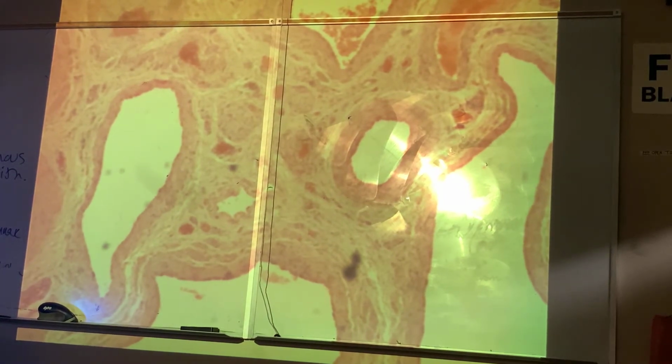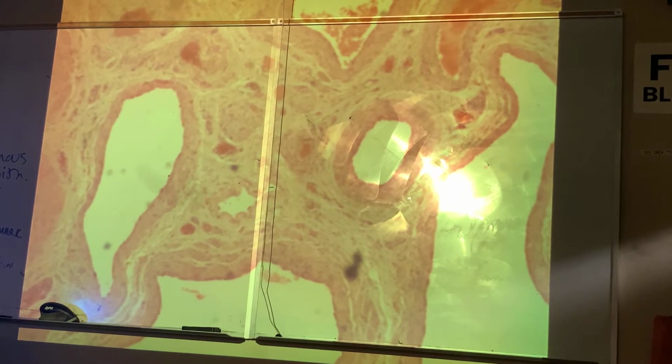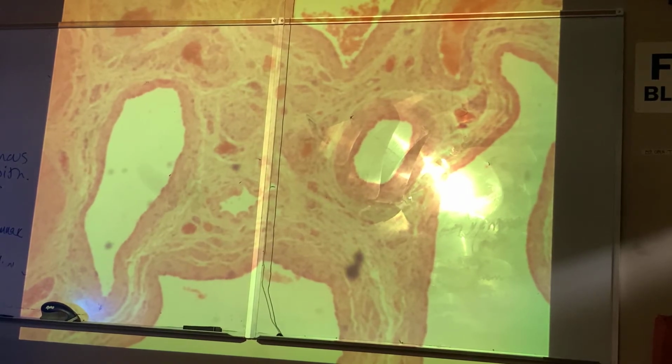And I think for this one, I'm gonna have to keep it at 4x. If I go any higher, you're not gonna be able to see anything else around it. You won't have a point of reference at all. Okay, so if I were to